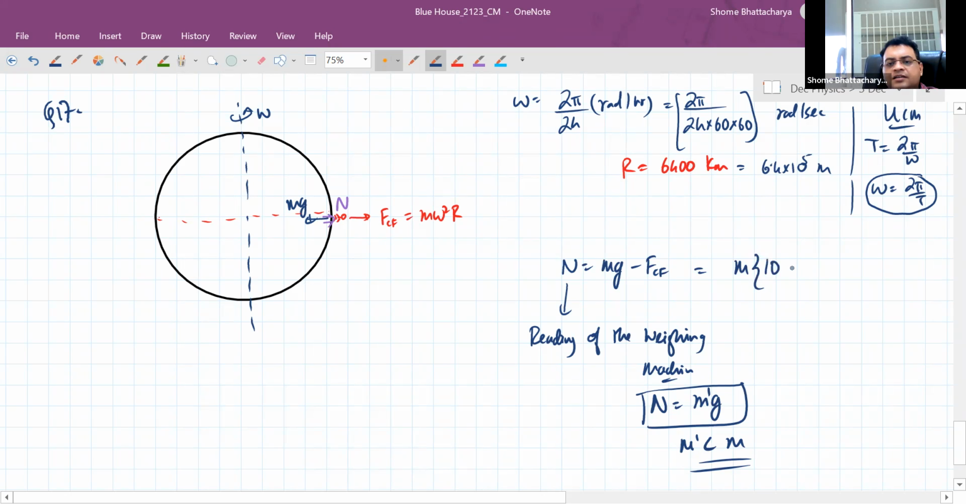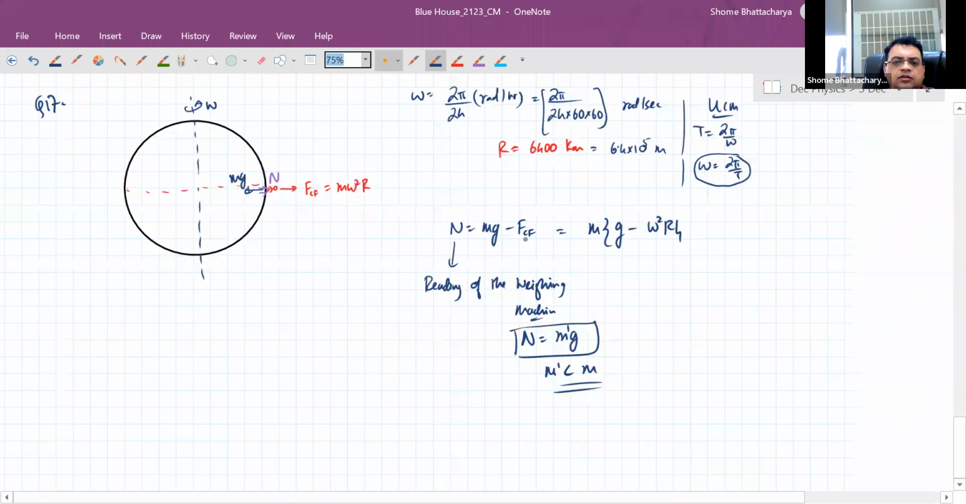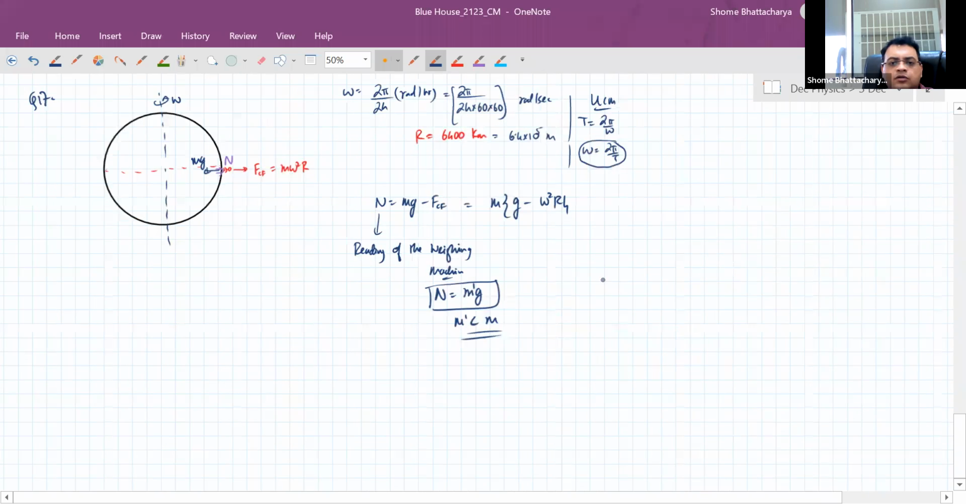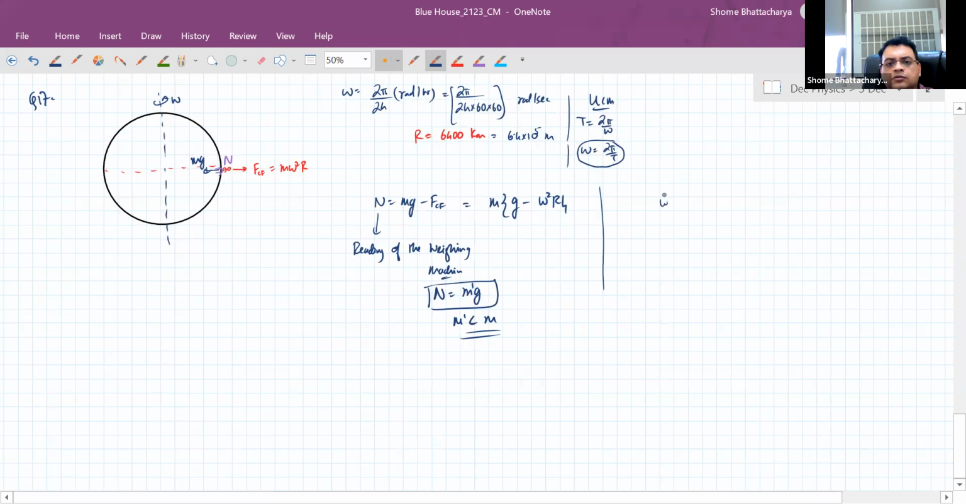So this will be g minus omega square r. Now as I was telling you, this omega square r term is actually very small compared to g. The omega square r term is